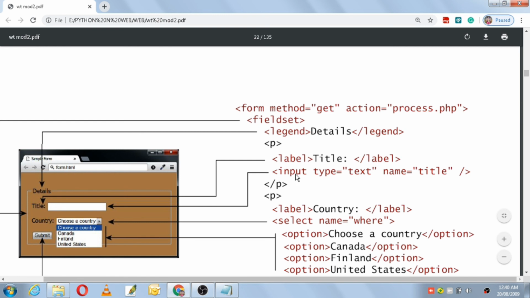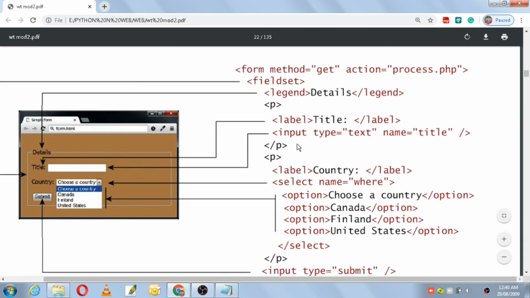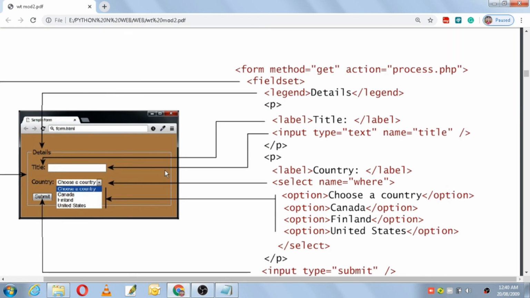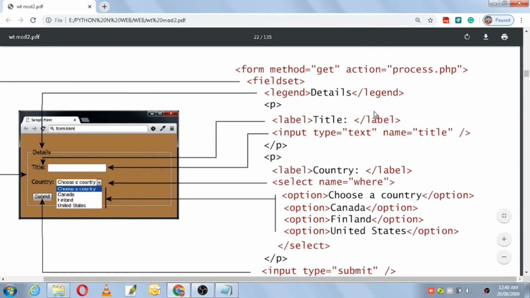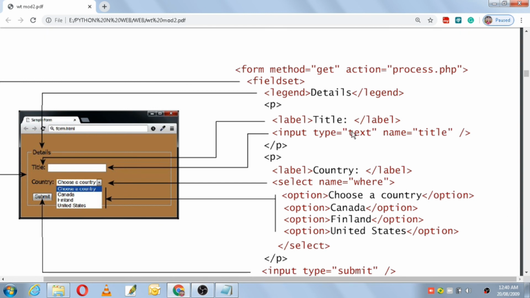Then we have the input element. The input element will help us to specify what type of input you have to enter in the form. We have different types of input elements. Type you have to mention here. We have text, phone number, URL, and email. And for the name attribute, you have to specify the name through which your data will go.